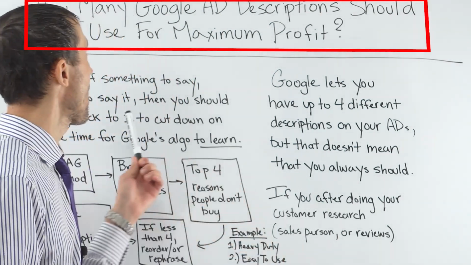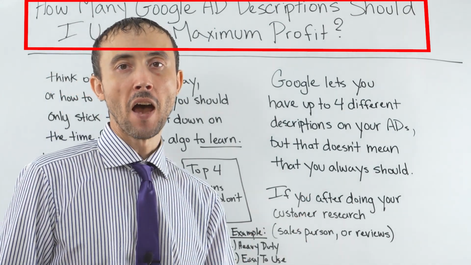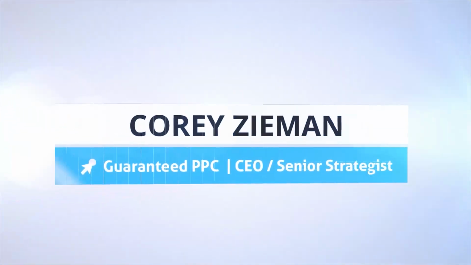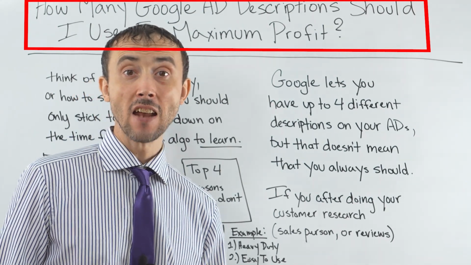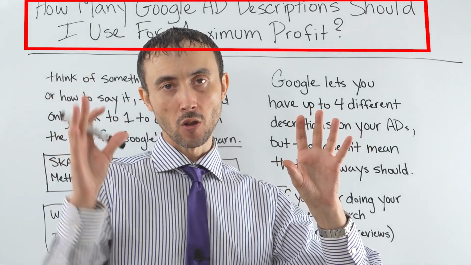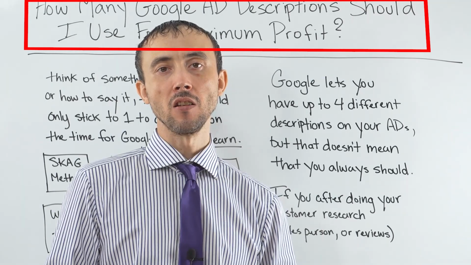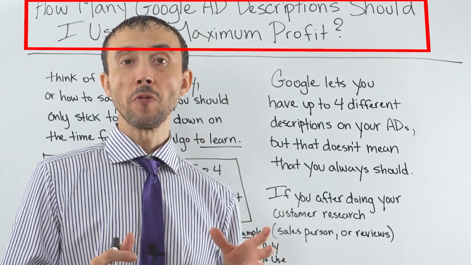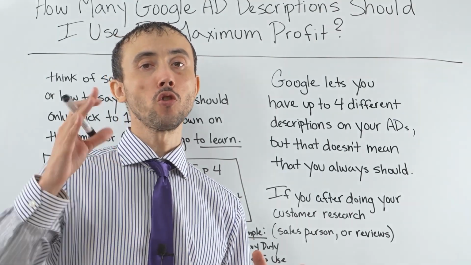In this video, we are going to talk about how many Google ad descriptions you should use for maximum profit. When I say ad descriptions, we're talking about the fact that there are headlines on an ad and descriptions. The descriptions are what I'm specifically talking about in today's video. You can do up to 4 descriptions on an ad, if you don't know already, of which you shouldn't always